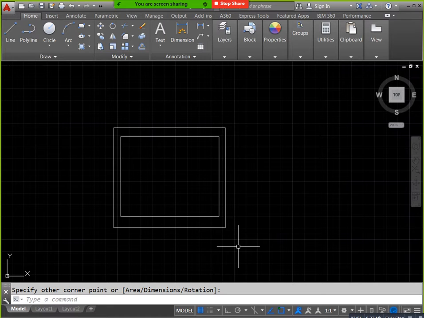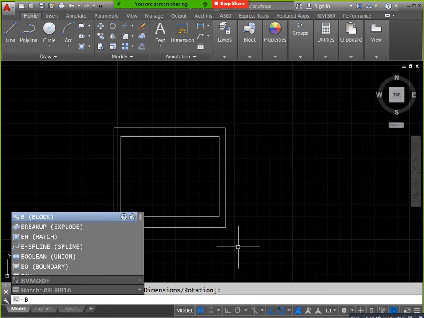Temporary block means only applicable for the current project, not for new projects. When you open a new one, that is not applicable. When you make a temporary block, it is only for the current one. When you make a permanent block, you can use it anytime. You can use it in new projects also. Temporary block shortcut is B enter, nothing but Block, we consider as a temporary block. When you consider Write Block, that is a permanent block. Just you can consider B enter.